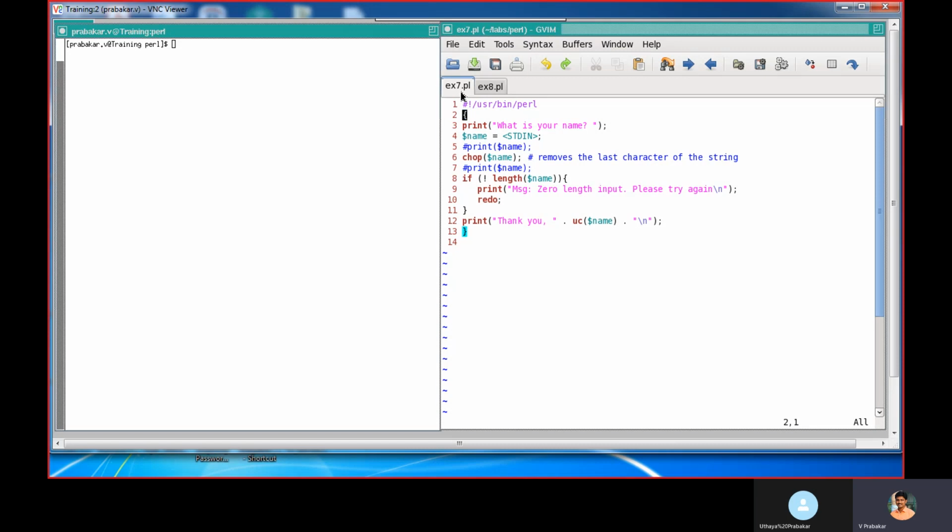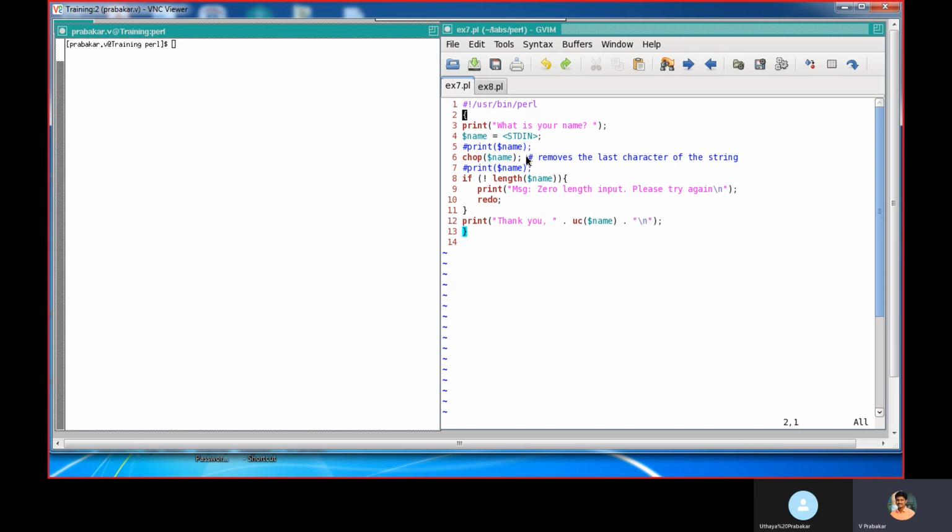Here, in example 7, we are going to see the usage of redo. First, it is printing "What is your name". Then we need to give the name, which is assigned to $name.